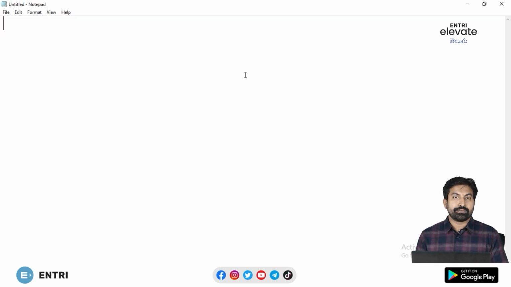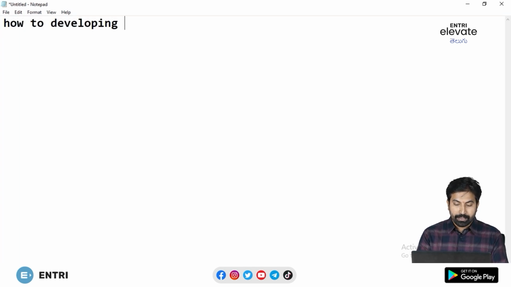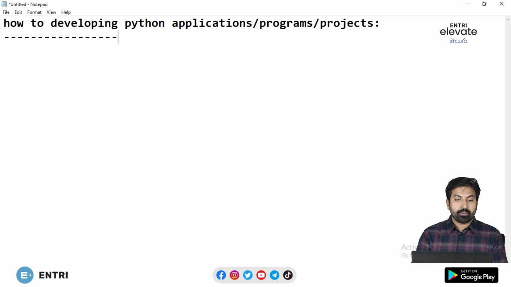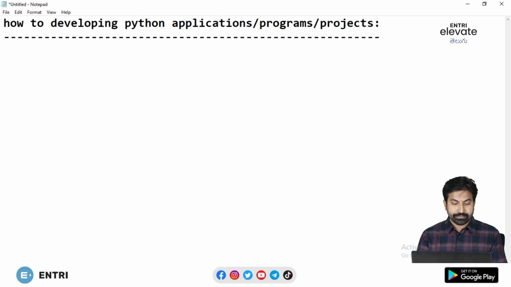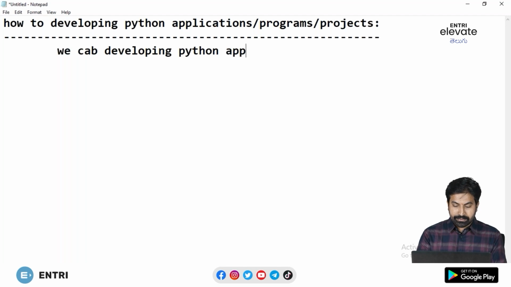ఈరోజు మనం ఈ వీడియోలో పైథాన్లో ప్రోగ్రామ్స్ ఎలా రాస్తున్నాం, అసలు ఎలా రాయాలి అనే కాన్సెప్ట్ గురించి డిస్కస్ చేసుకుంటాం. ఓకే, how to develop Python applications or Python programs or Python projects. We can develop Python applications or programs or projects